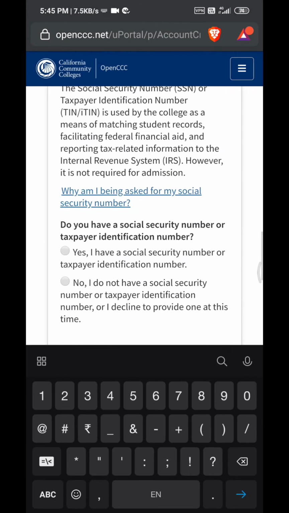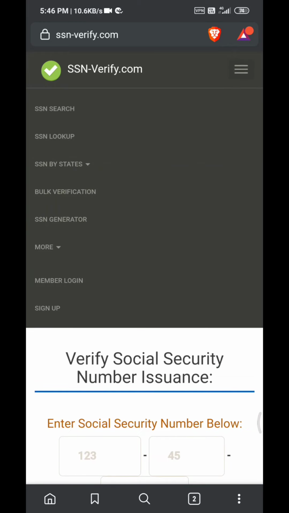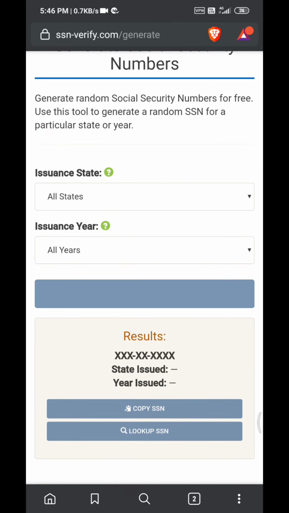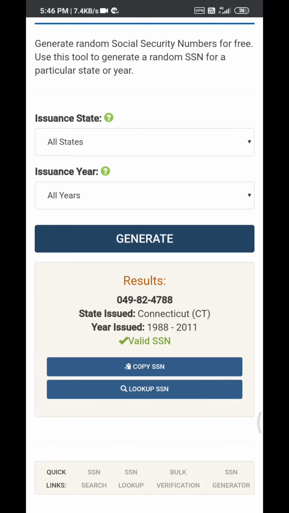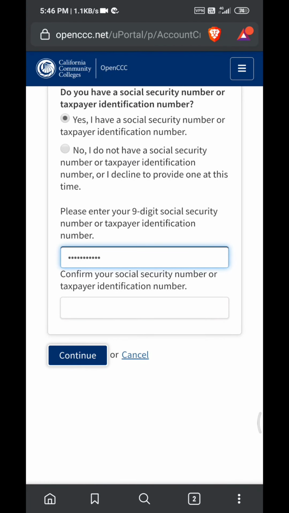So click on the three dots, and we click on SSN generator, generate. So we got an SSN number. So remember that SSN number, otherwise I will tell you at last the password verification. So you don't need to remember, I will tell you a small trick. So first we have to give our Outlook mail.